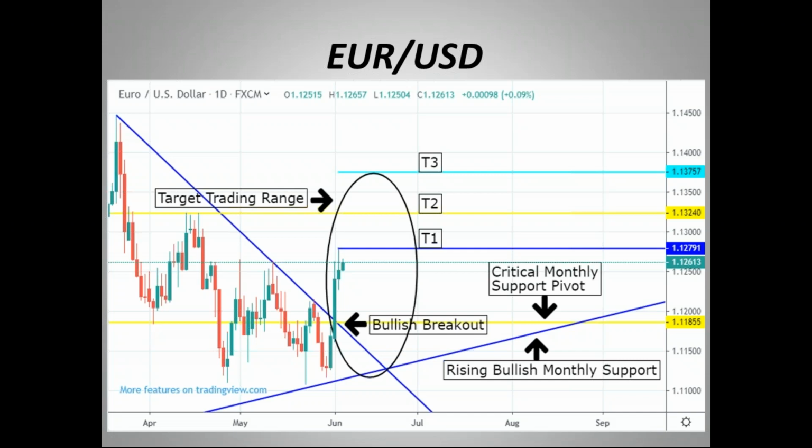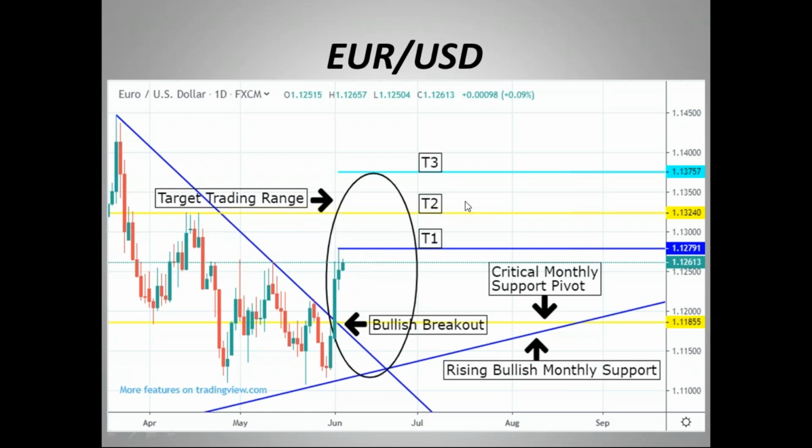So these fundamental factors are probably what has driven the explosive move, which, like I said, is not that explosive, but since the range is so small, to have basically a $1.50 move in the euro all of a sudden, that's actually a big deal. So what you'll see right now in that ellipse, there's the T1, T2, and T3. The high from yesterday, that's our T1. That's a critical high that actually was taken out just a little bit earlier this morning.